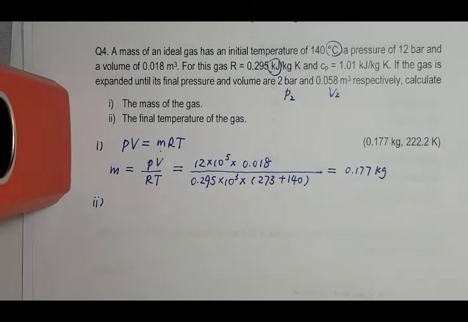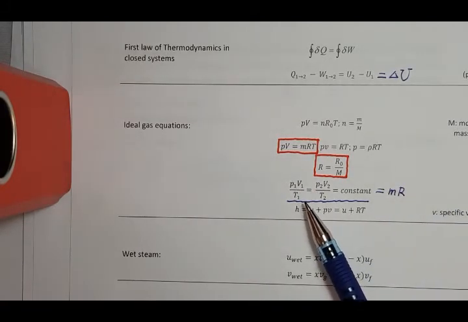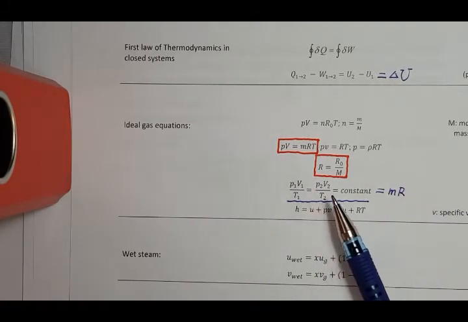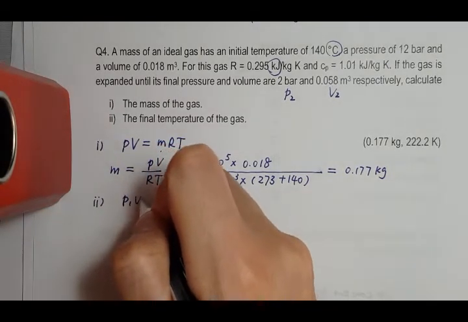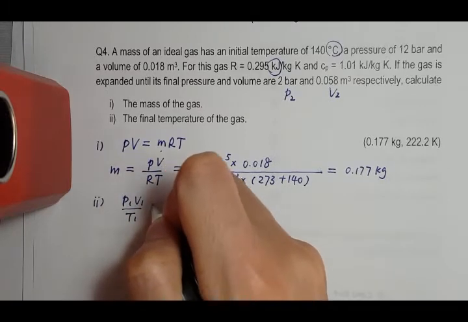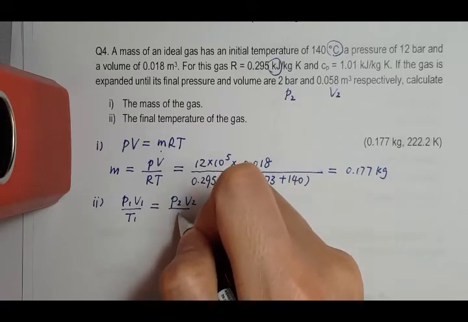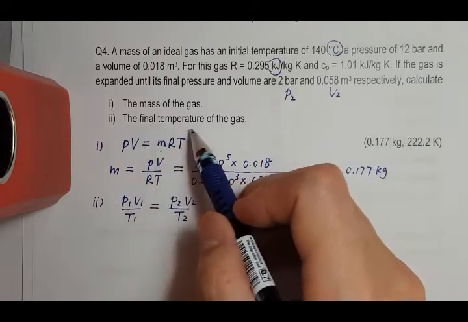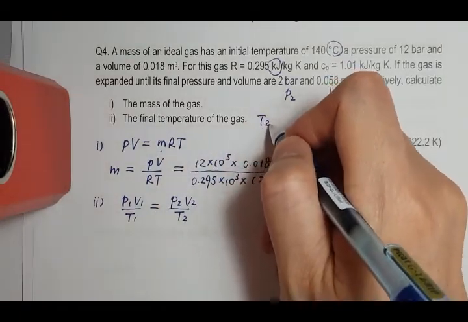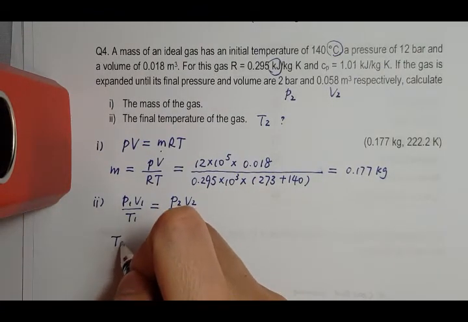So what we can use, again, in the formula sheet, is PV over T, which is a constant during any process for an ideal gas. So this gives us P1 V1 over T1 is equal to P2 V2 divided by T2. In this case, we're going to calculate the final temperature of the gas, which is T2. And then we're going to rearrange this: T2